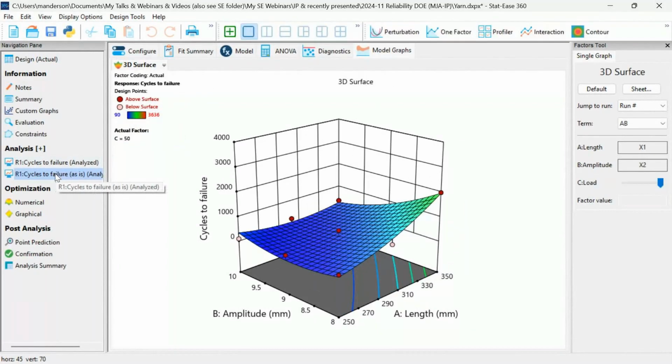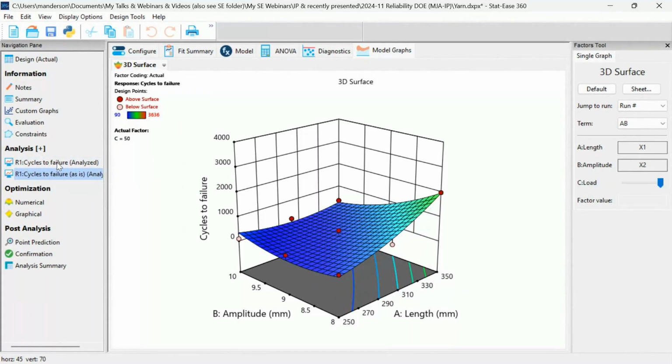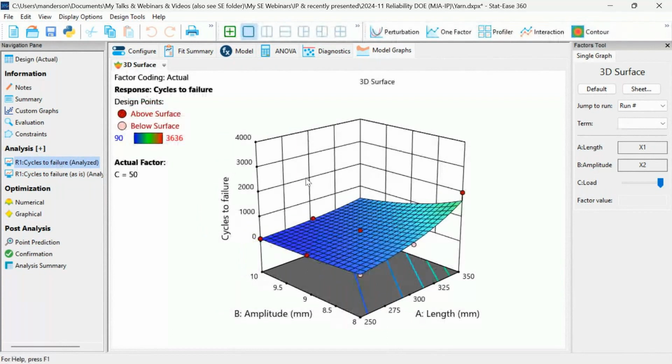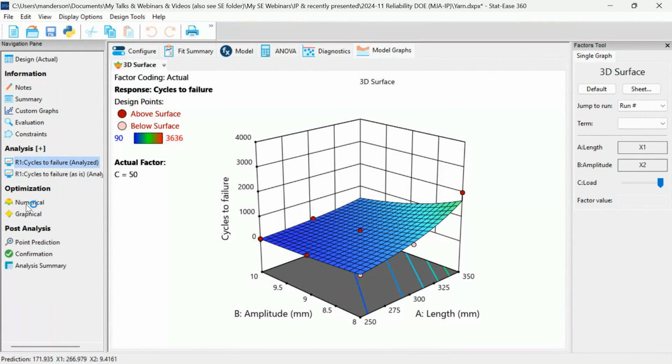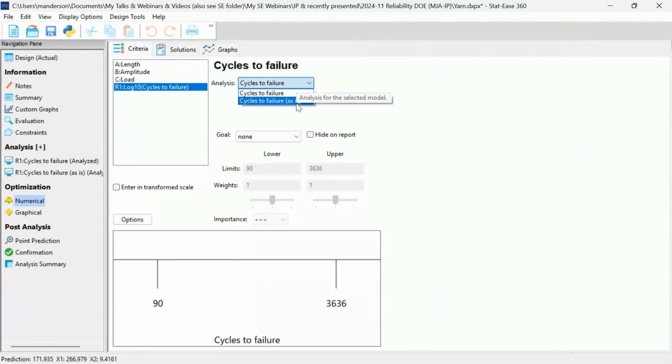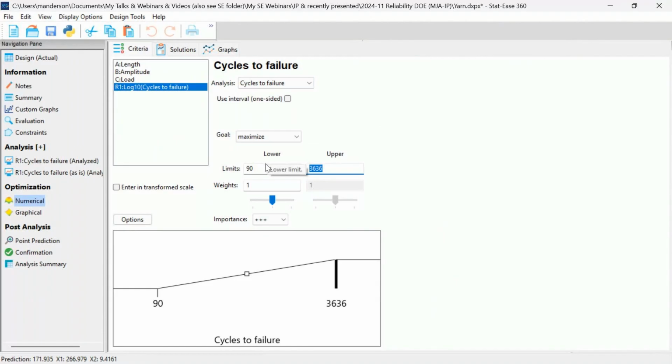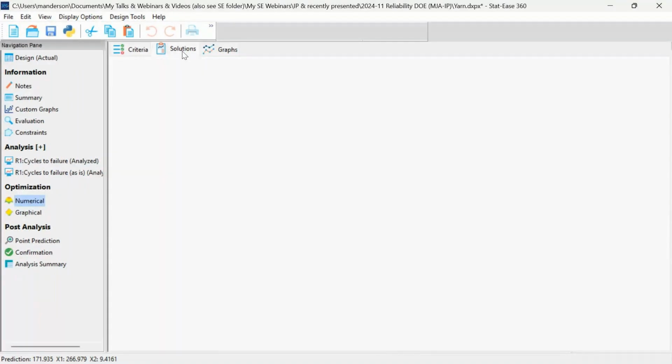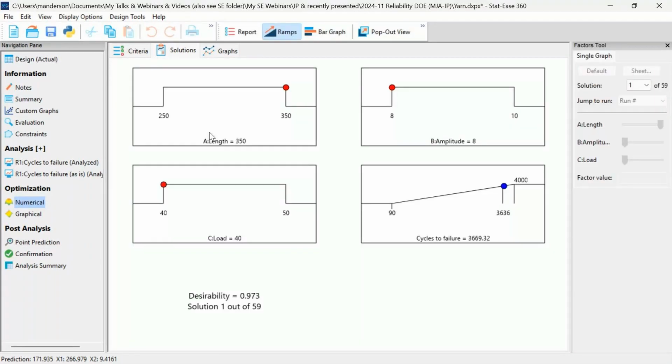There's some view here that maybe the as-is fitting better at that high cycles to failure, but I think that may be kind of artificial. So either model would work. In the end, I probably would fall down on the side of the log model, which is the first one, and then see what we can do to maximize the cycles to failure with a stretch target at the top. But that's just me, and you could do it your way, and neither one of us would be wrong or right, I would say.